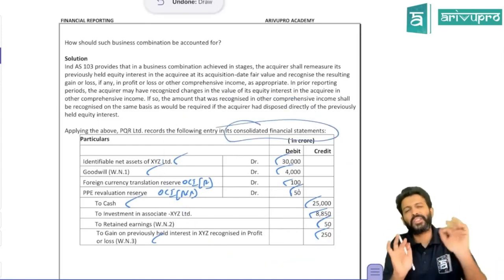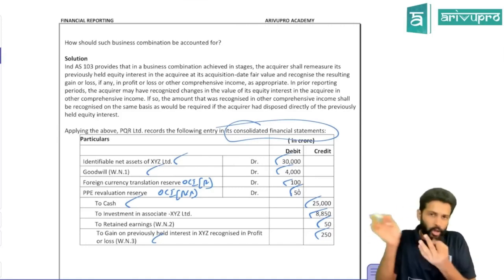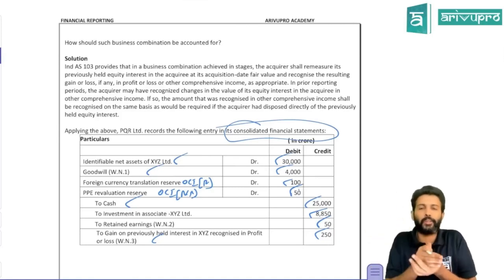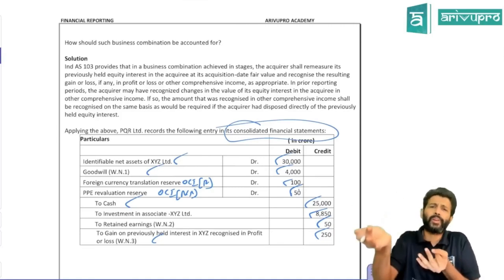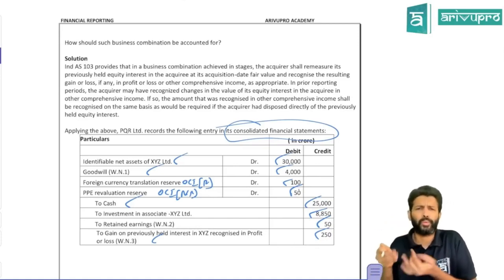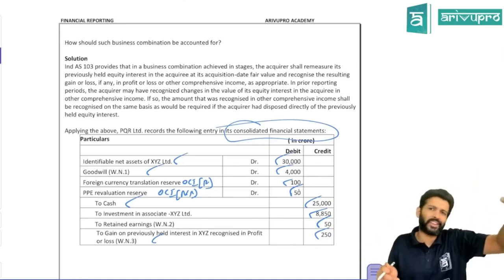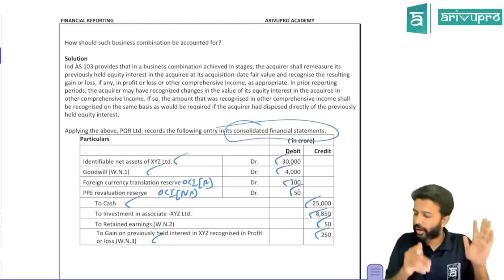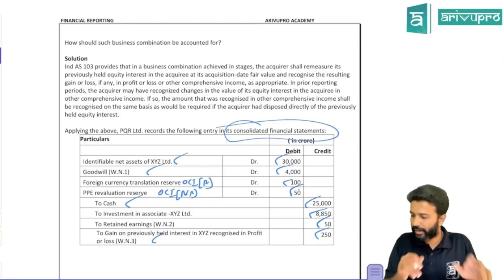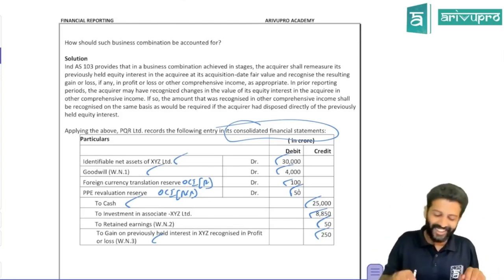So basically, whatever investment you're showing, you need to derecognize. The loss of associate, the significant influence accounting, you need to do. When you get control, whatever you need to do, you need to do. When you get control, basically you have to record subsidiary net assets, goodwill, bargain purchase gain, NCI, etc. All that accounting needs to be done. So this is more like a point.